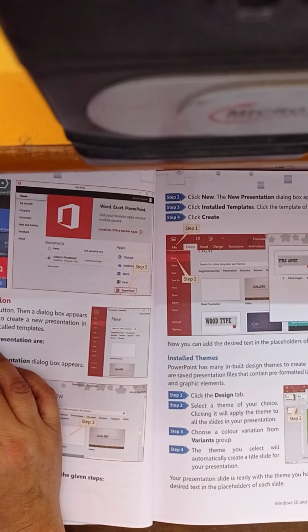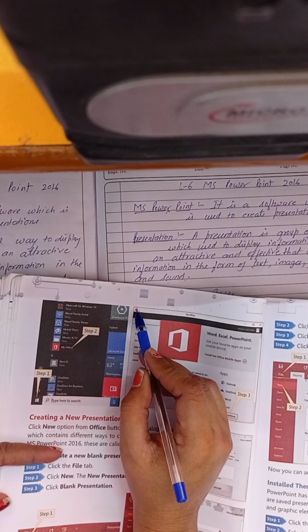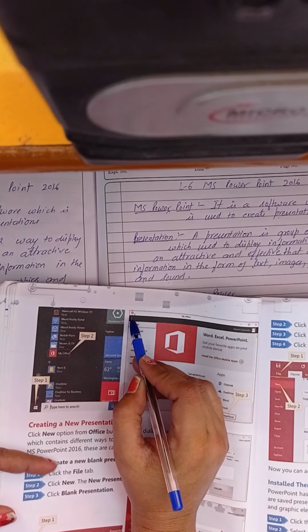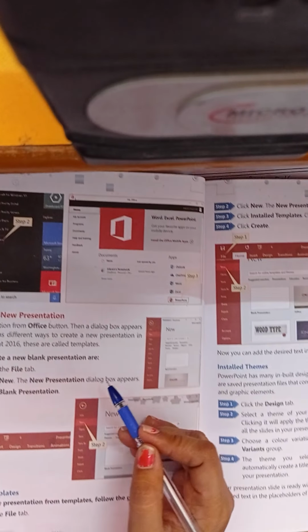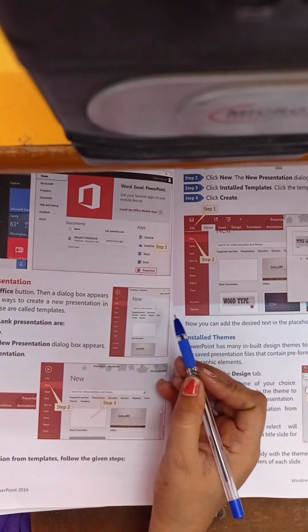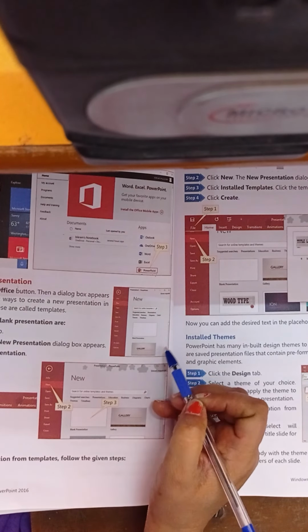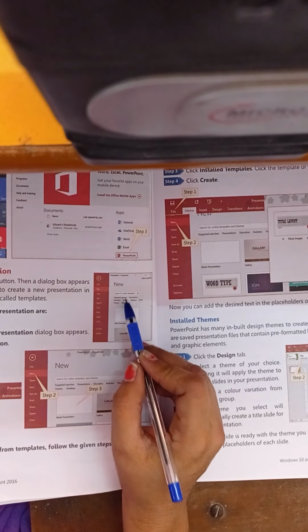You have to click on Office button. Students, at this corner there is a Office button which you have to click to open the drop down menu. From that menu you have to click on New option. Okay, as you click on New option you get the list of different ways. From here you have to select any one way.